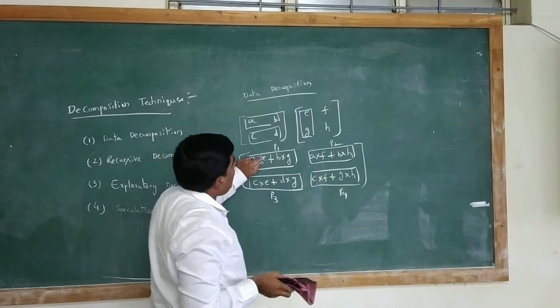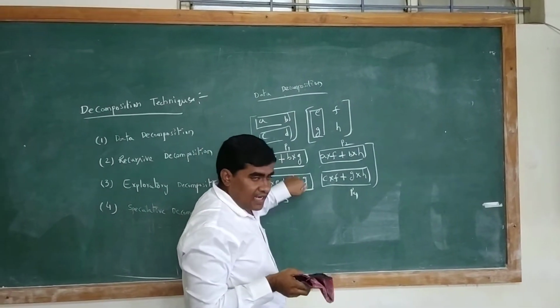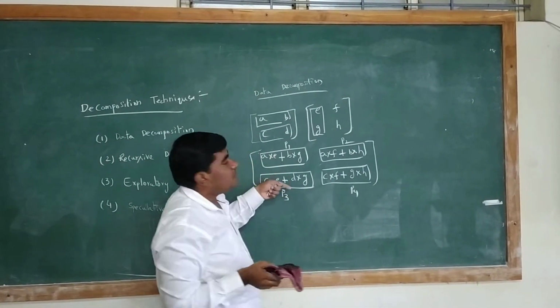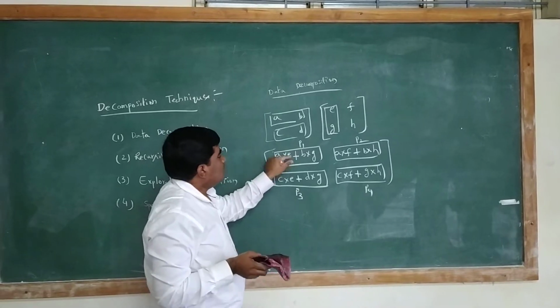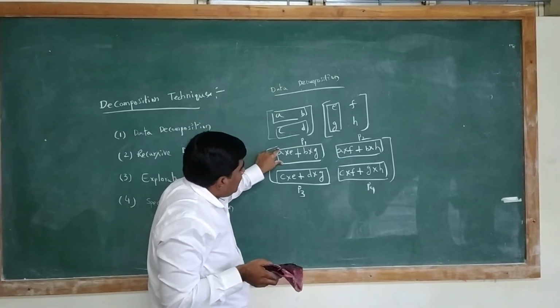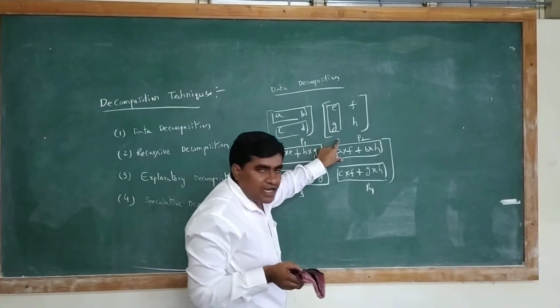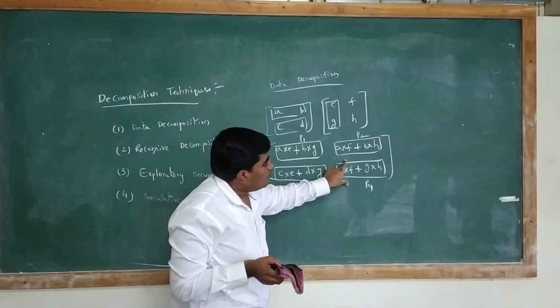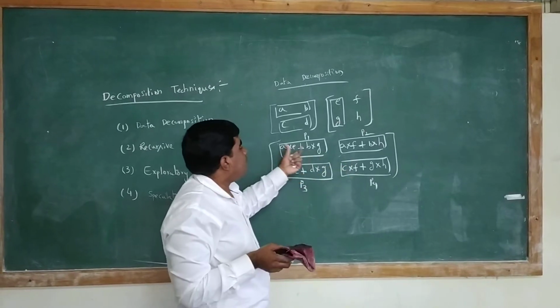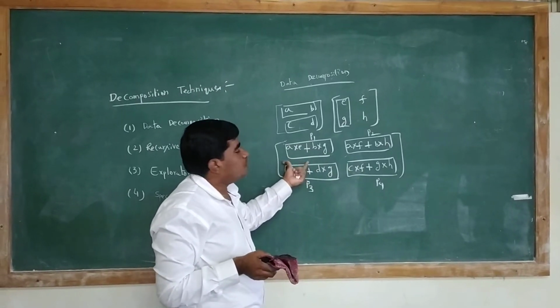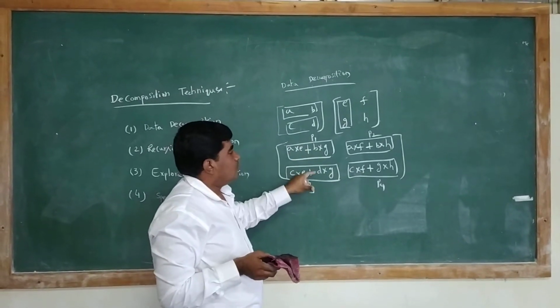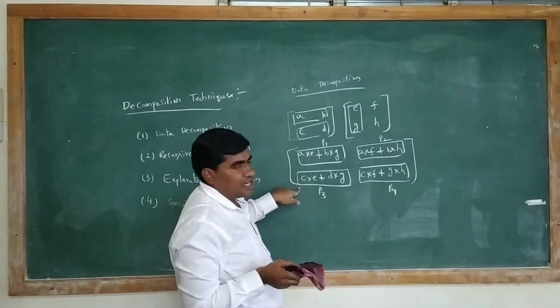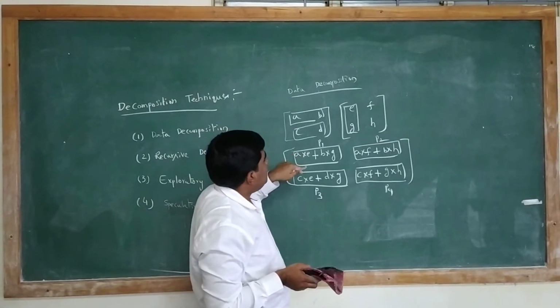So these 4 operations will be done parallelly, and at a time output will be produced. First part we are allocating to processor 1, second part to processor 2, third part to processor 3, and fourth one to processor 4. These 4 processes execute parallelly and produce the output. So that is called data decomposition. Here we are doing matrix multiplication.